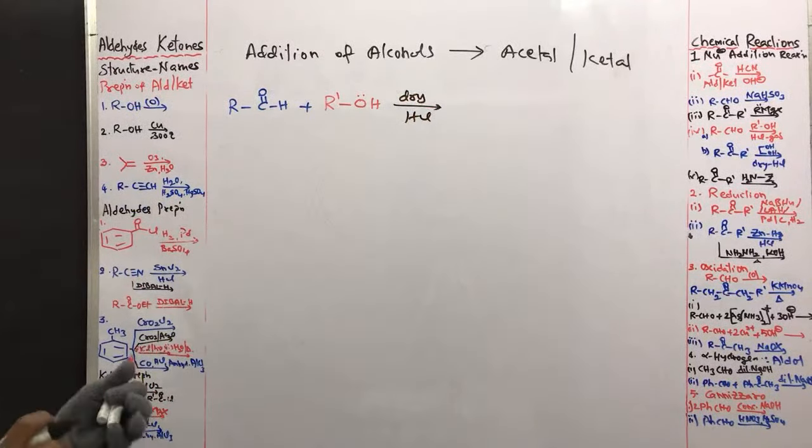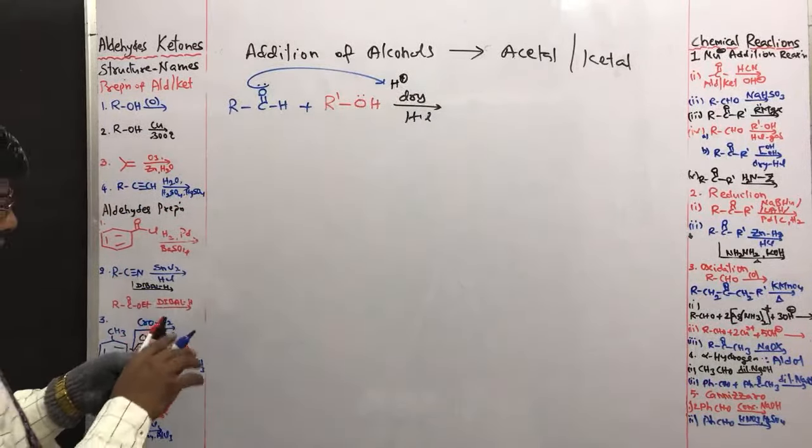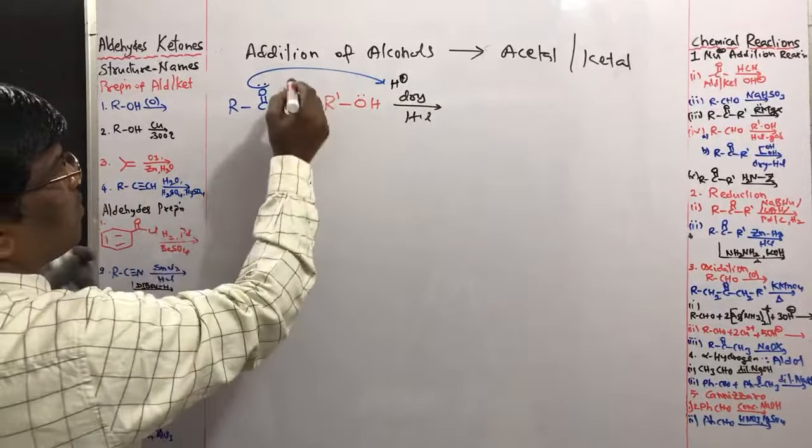From sodium chloride and sulfuric acid. Anyhow, so dry HCl, it is going to take up this proton first. This double bond O is going to take up proton first, and when it takes up proton, it is going to accept this hydrogen and minus H plus to give